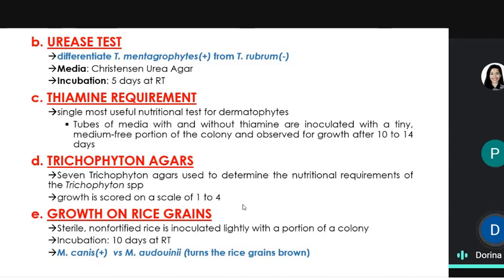Ano ba ang sinasabi pag ganyang may growth? In bacteriology or mycology, pag nag-grow yung microorganism into something with thiamine, for example, here with thiamine or without thiamine, we have